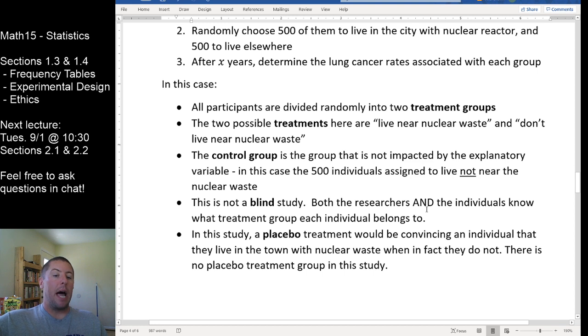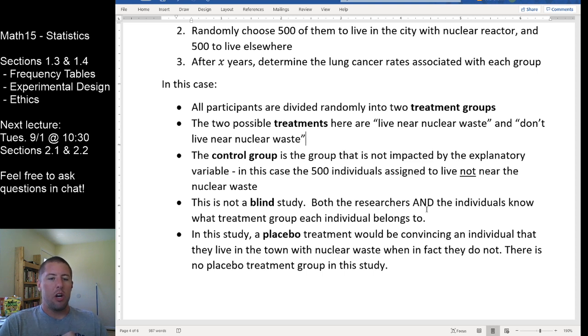This is not a blind study. In a blind study, the people receiving the treatment do not know what treatment they are receiving, right? So if we're talking, like the book talks about, with medications, in every medical study where a medication is being given, there will always be some people that are truly given the medication, some people that are not given the medication but are told that they are given the medication, and then some people that are just truly honestly